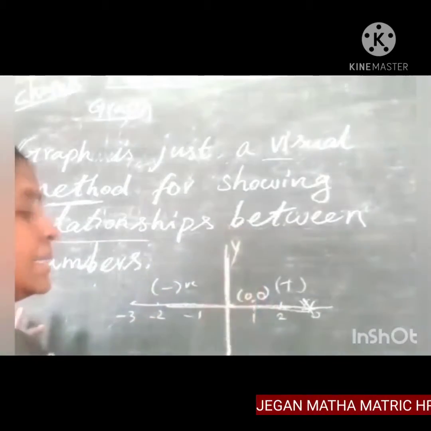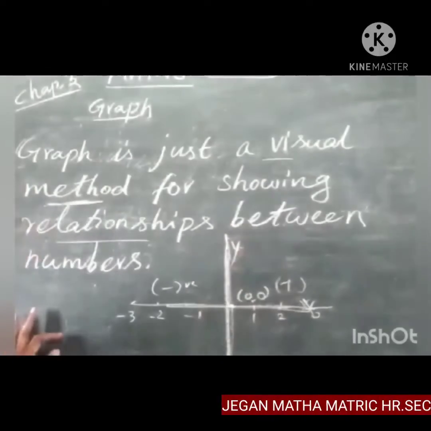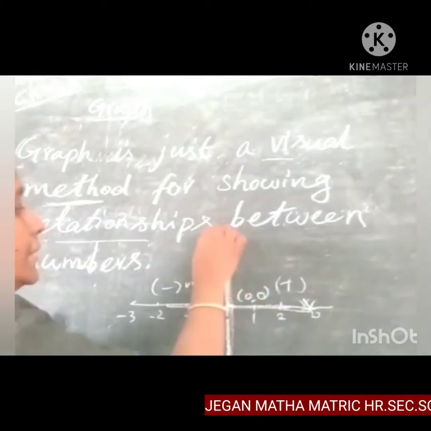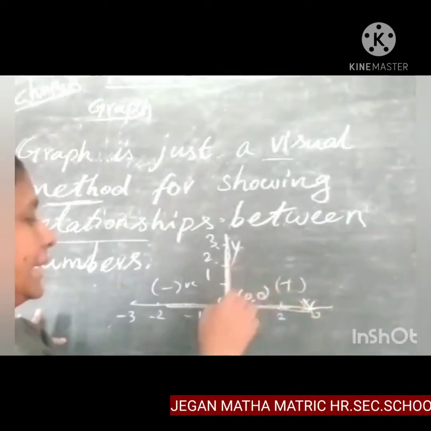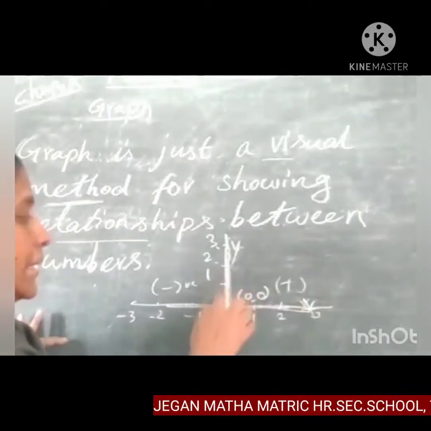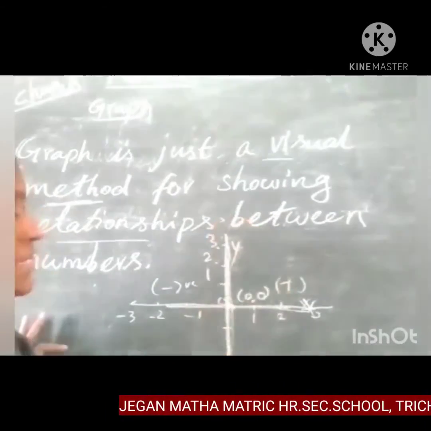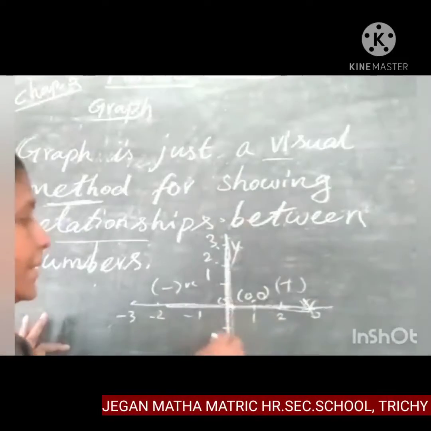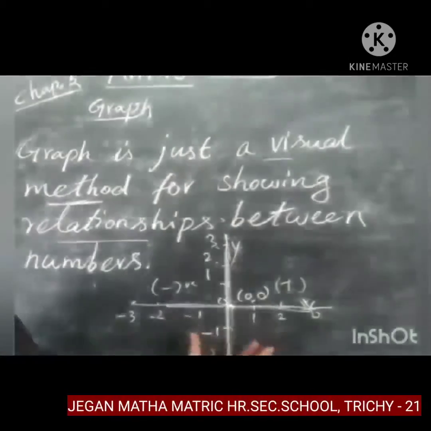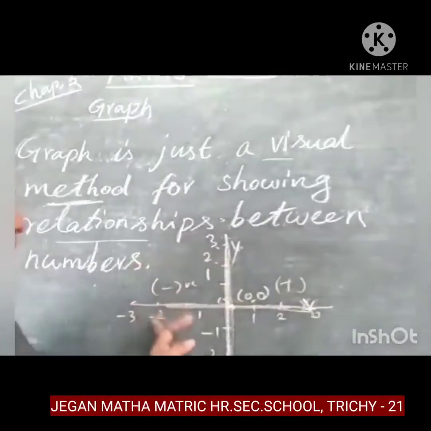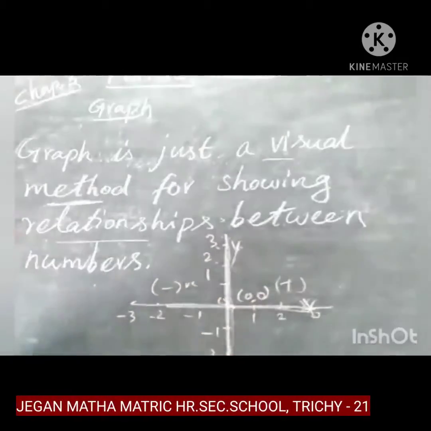It is the same in the y-axis, upside and downside. Upside, all the numbers are positive: 1, 2, 3 go on. The center is 0, the point where the two lines cut, and this 0 is common for both the x and y-axis. Downside is just the opposite of positive, which is negative. So downside, all the numbers are negative. In the x-axis, the right-hand side is positive and the left-hand side is negative. In the y-axis, the upside is positive and the downside is negative.